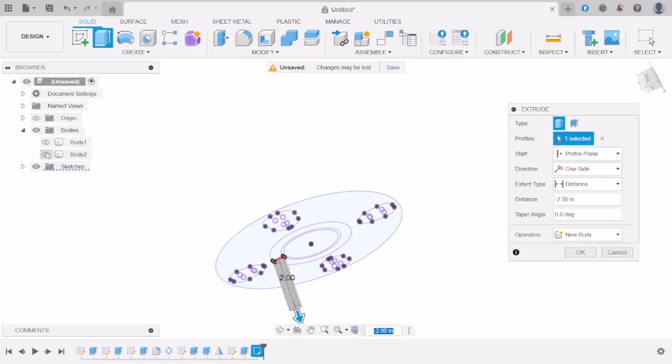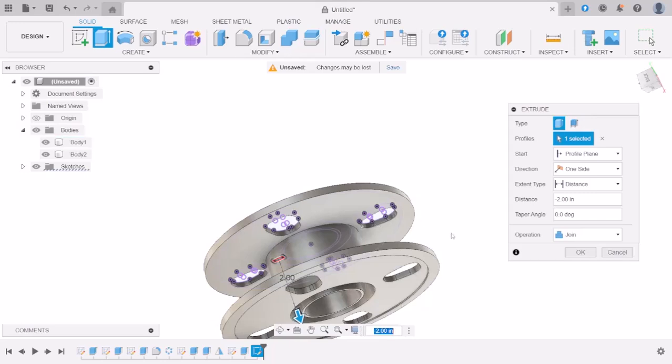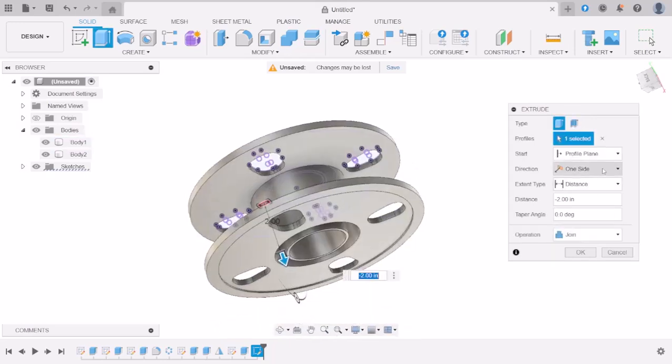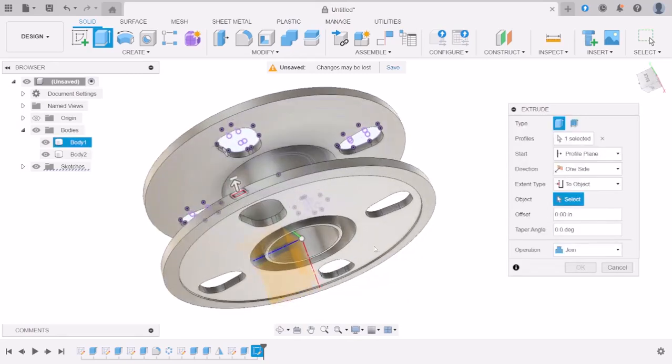But once I turn it visible back on, you can see it's showing me a join, because there's a direct contact between both bodies, and that's what I want. I want it to be a join. And I can also make extend type to be to objects once again, like we've done previously. And if we say okay, this is what it has done,